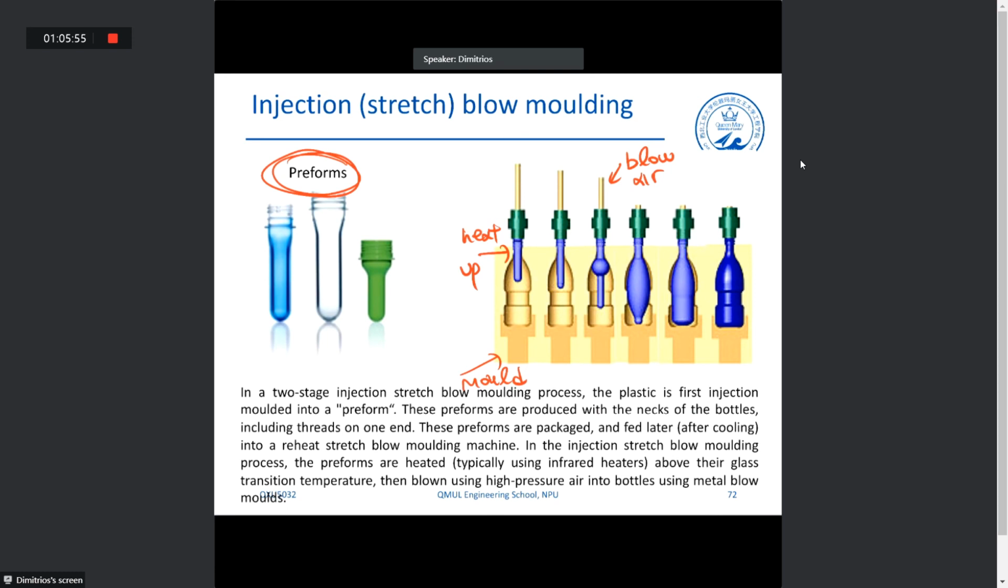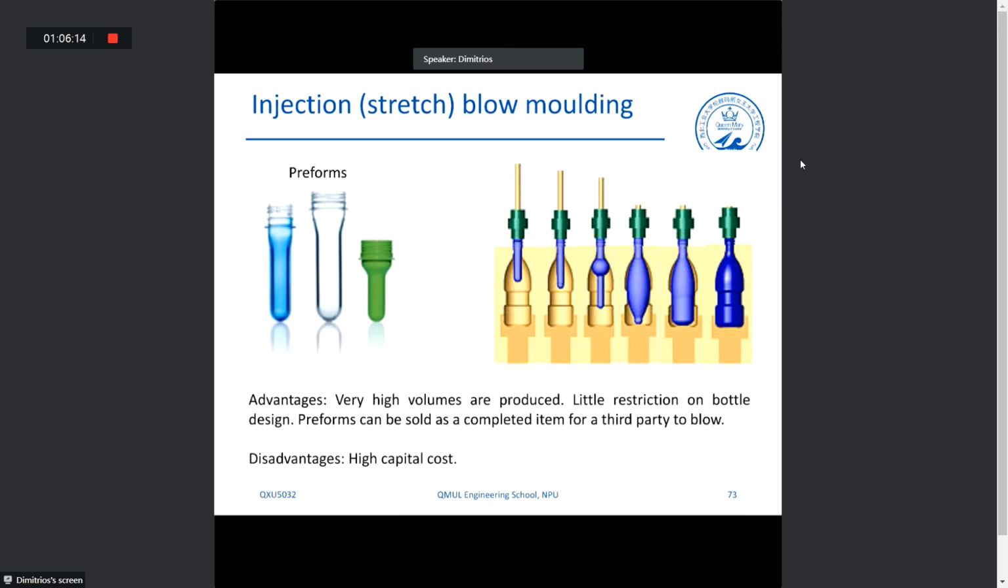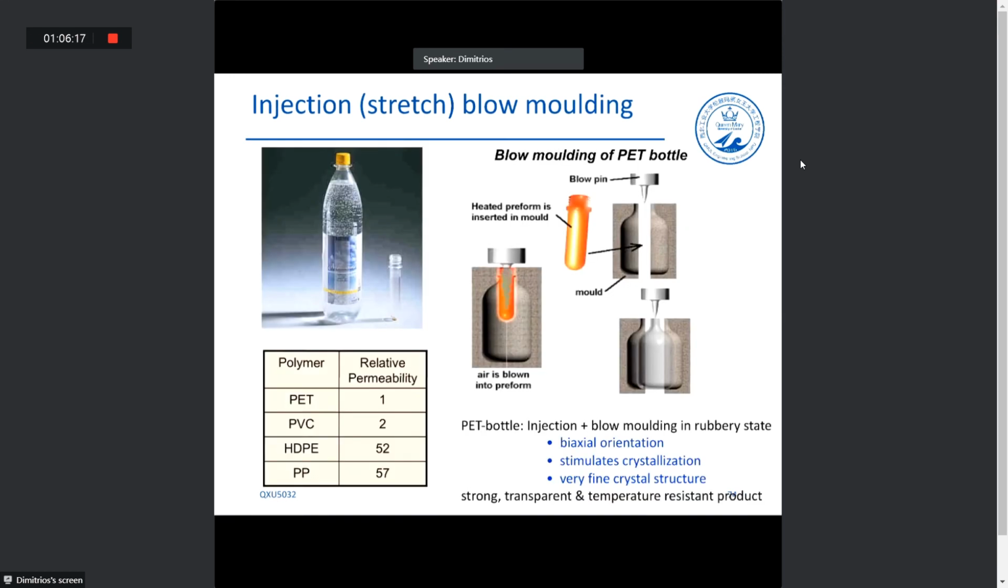It is used for the fabrication of different types of bottles, and in the majority of cases where we have bottles for fizzy drinks or for water and so on, the polymer that we use is PET, polyethylene terephthalate. I think I wrote it correctly. So polyethylene terephthalate is preferred for